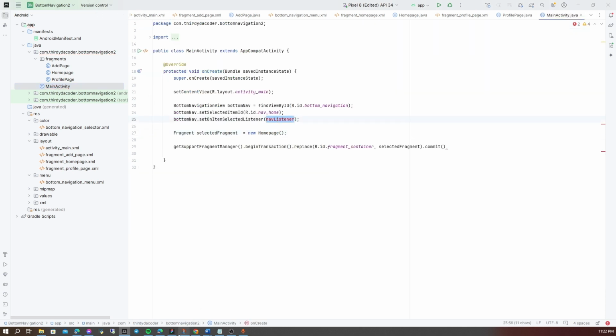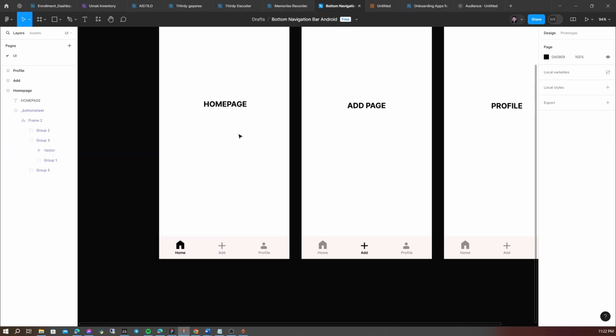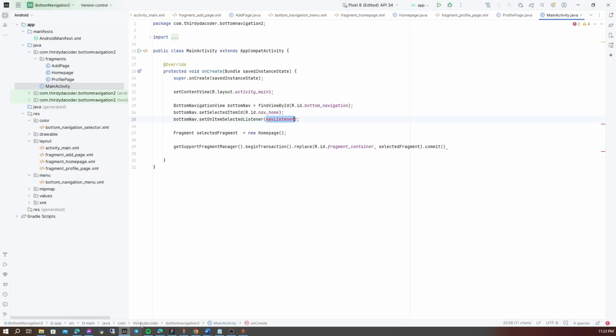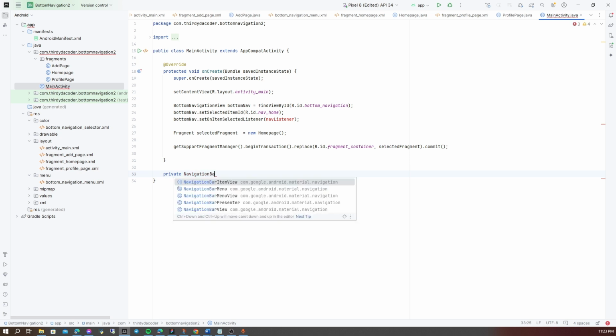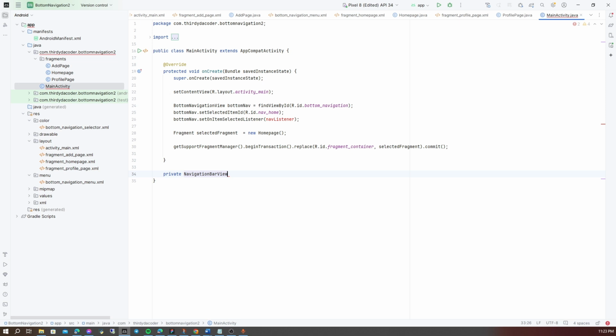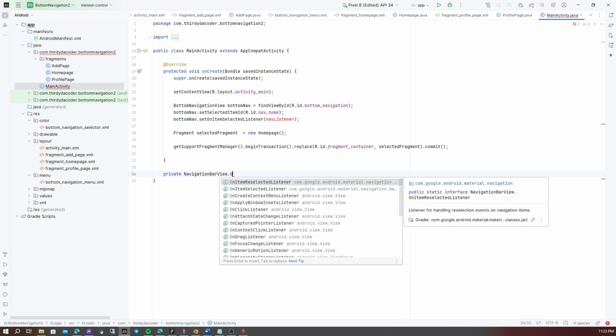So how can we make this clickable? We can go back to the main activity, then create the private navigation bar view item selected listener.